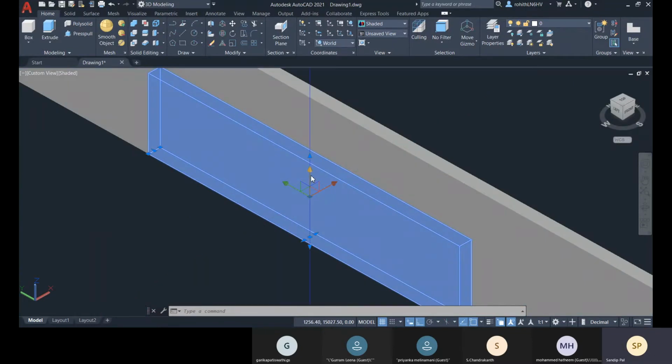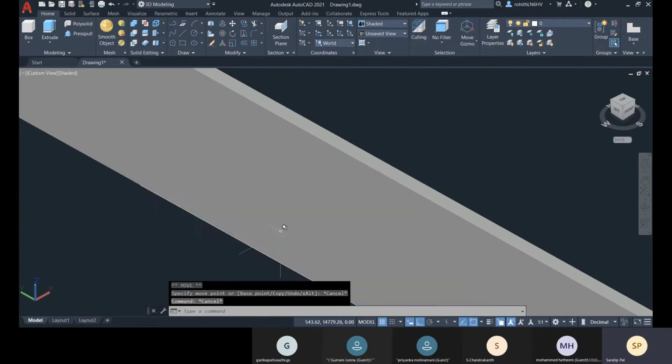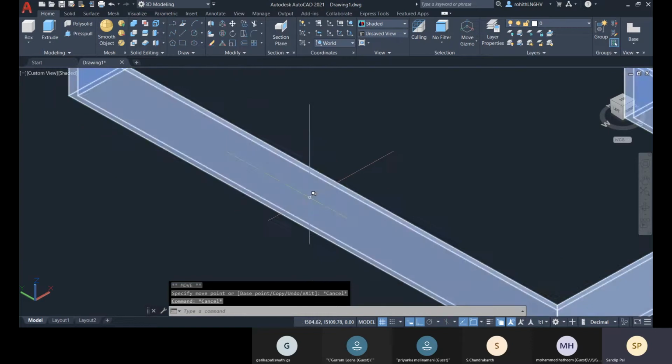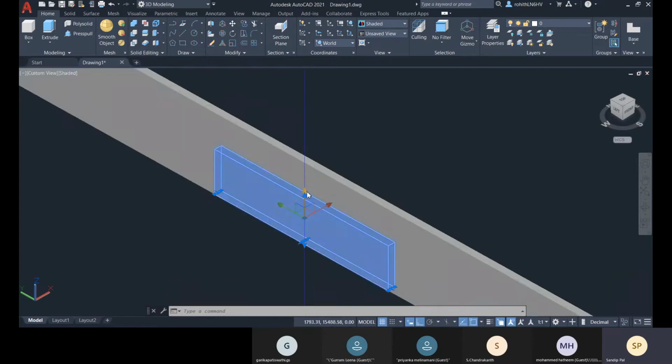So I need to move only in z direction, either positive or negative. So for this one, I need to move positive direction. So I will go, don't click on that. So make sure you are selecting the z direction.